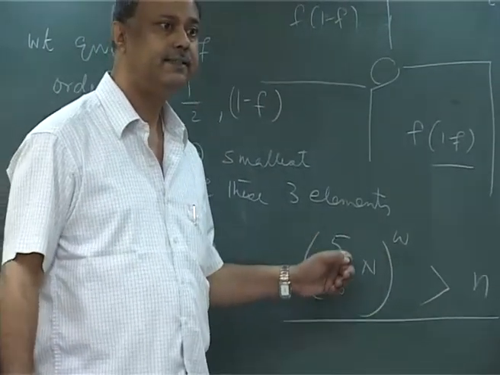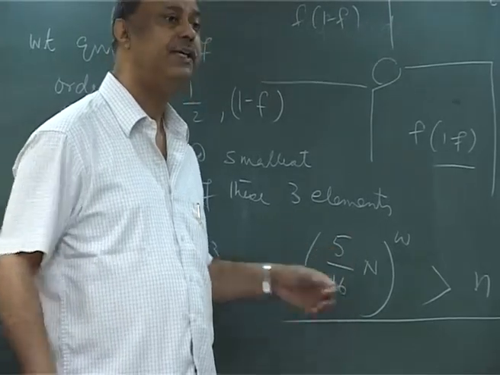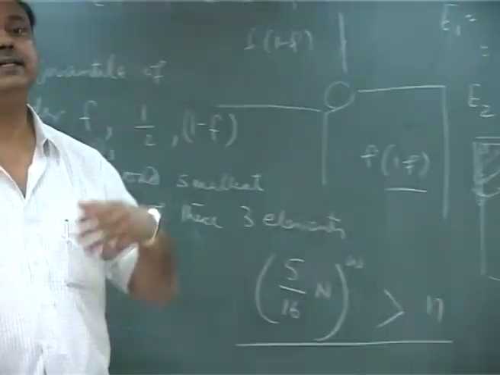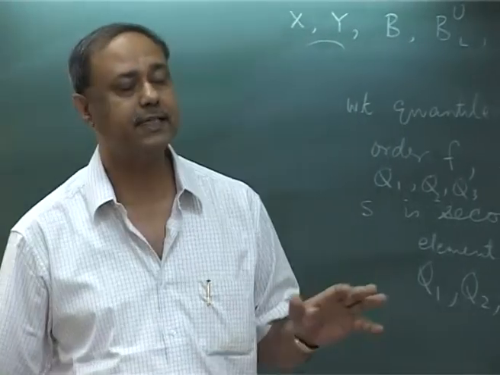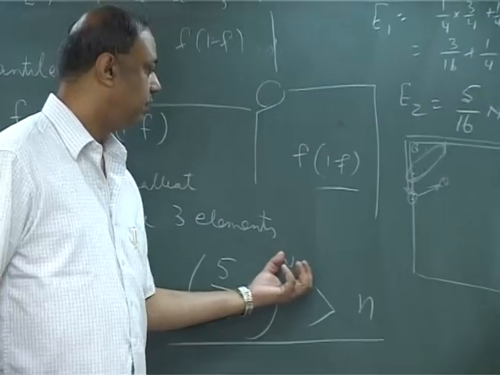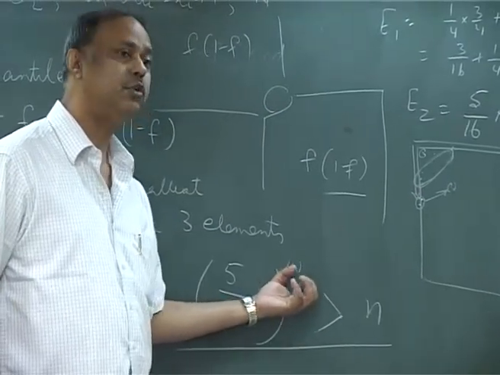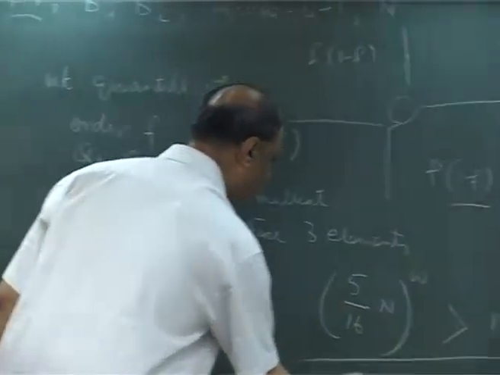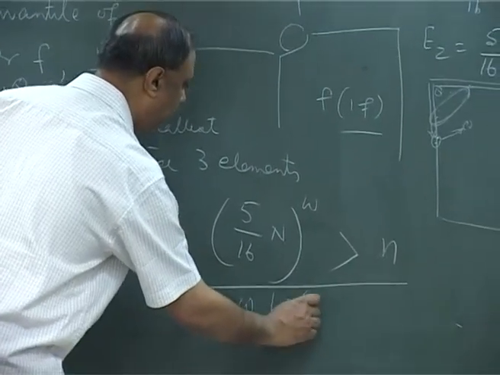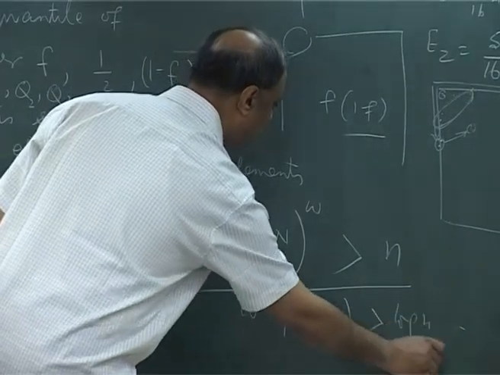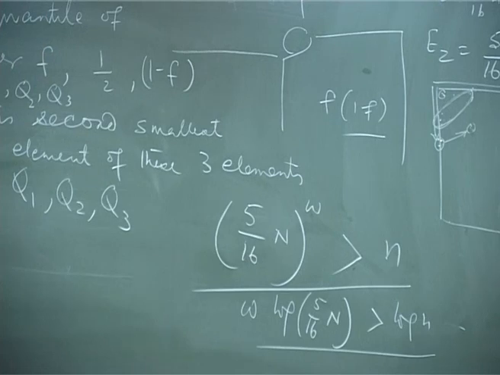I will iterate it. Every time it is reducing by 5 by 16 times, right? And till I find it is less than or equal to n, I will continue. So I can find out how many iterations there will be. You just take w log of 5 by 16 n is greater than or equal to log n. So you can find out what is the value of w,